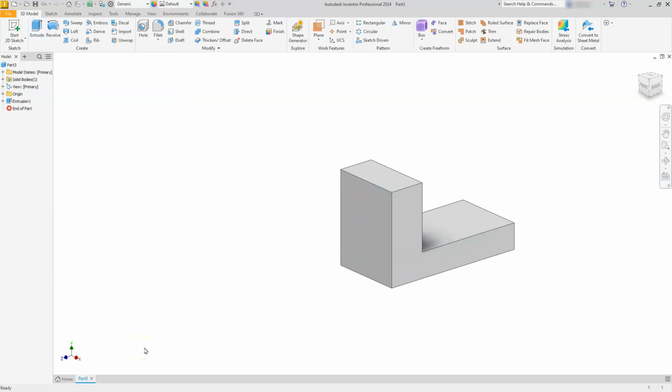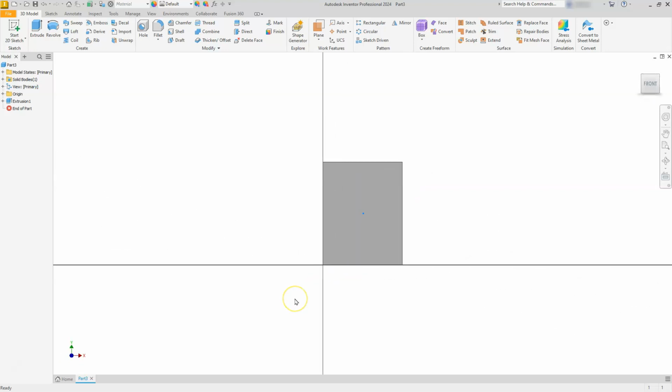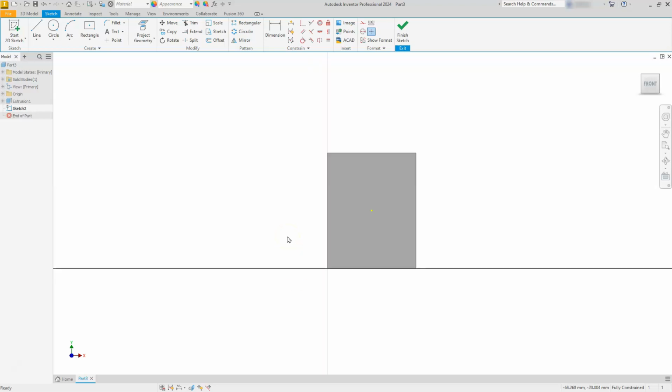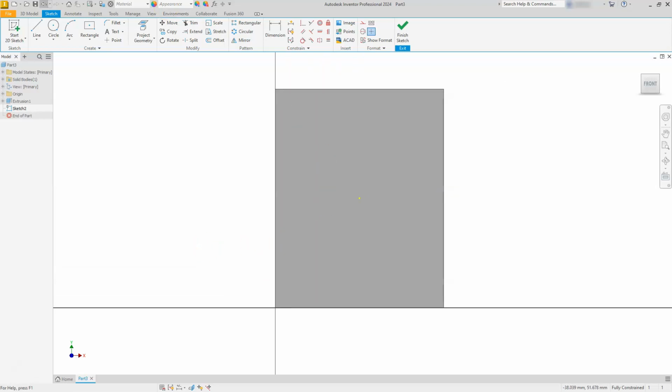Next, I'm going to create the front face here. So I'm going to go ahead and select this face, and I'm going to pick the icon that has the green plus on it. So once I do that, you should see it rotate around. Now I'm going to create a couple of things here. I'm going to create a